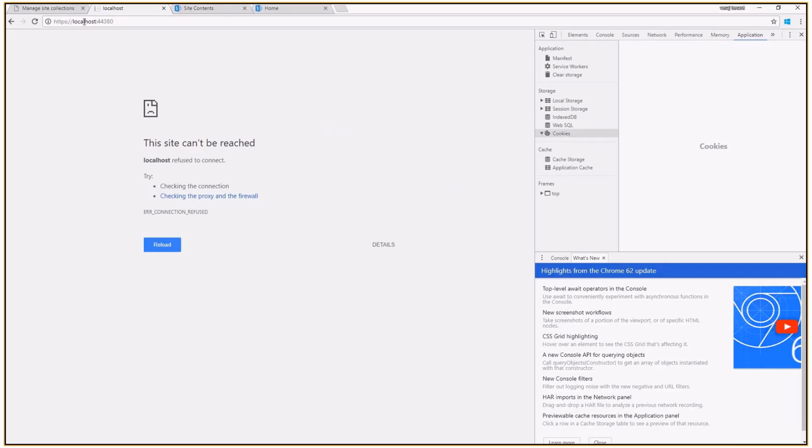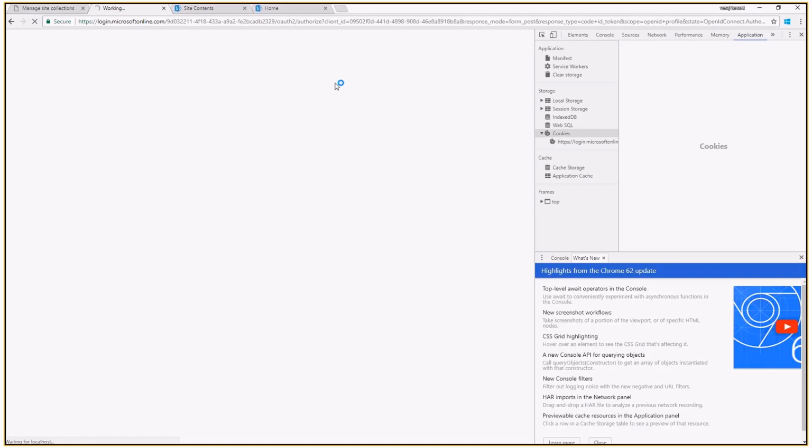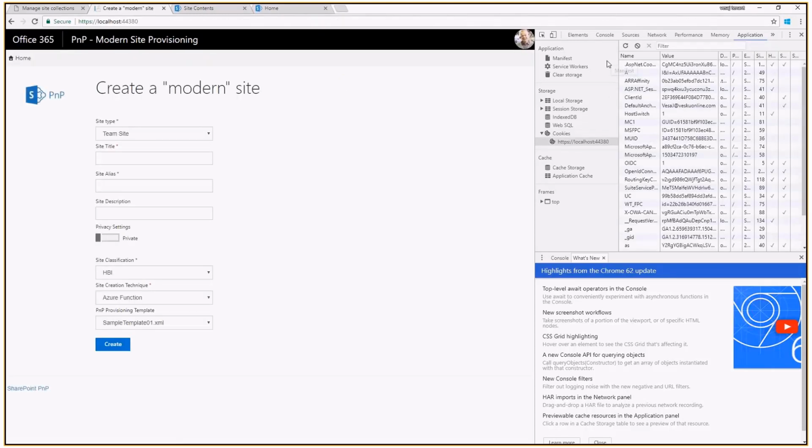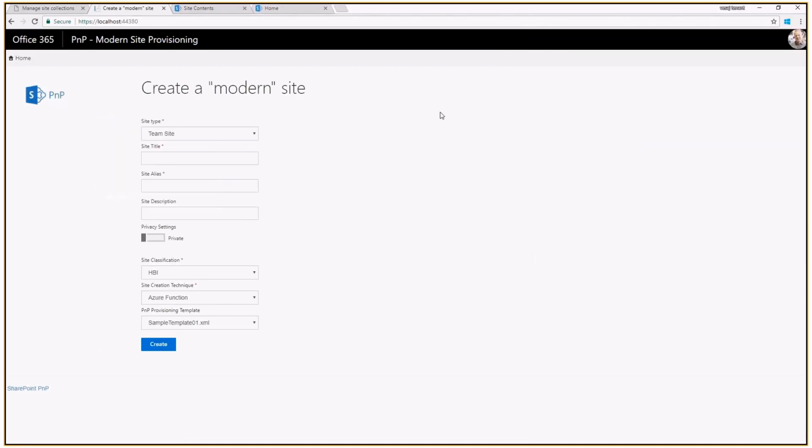I actually get the localhost up and running in the context of my tenant. So I'm kind of mimicking the situation where I'm using my local tenant and signing in using my account. And there it is, there's the application. So essentially this will provide you a simple generic sample, which is your self-service site provisioning UI. This could be hosted in Azure. It's an Azure application registered in Azure site.